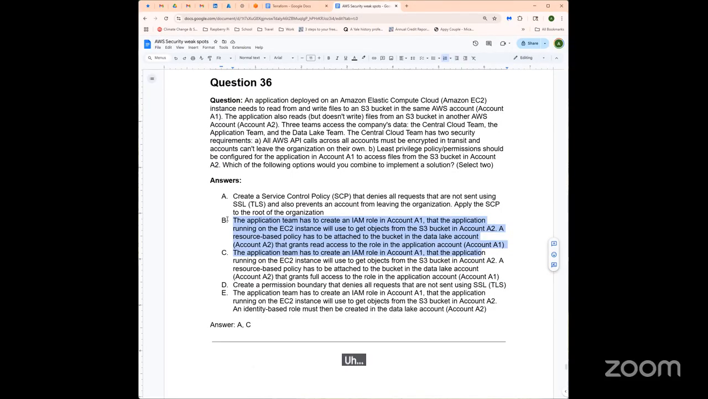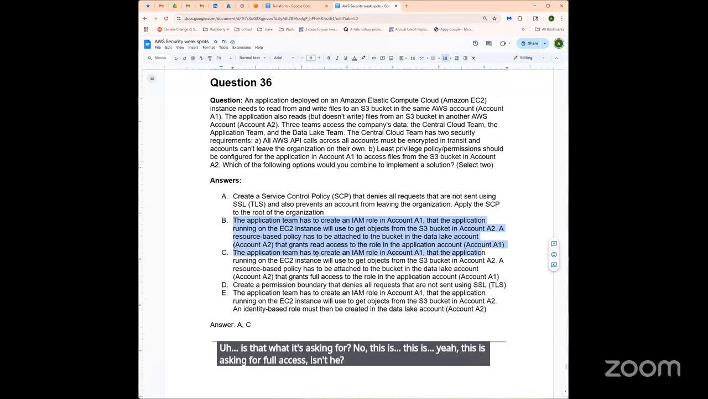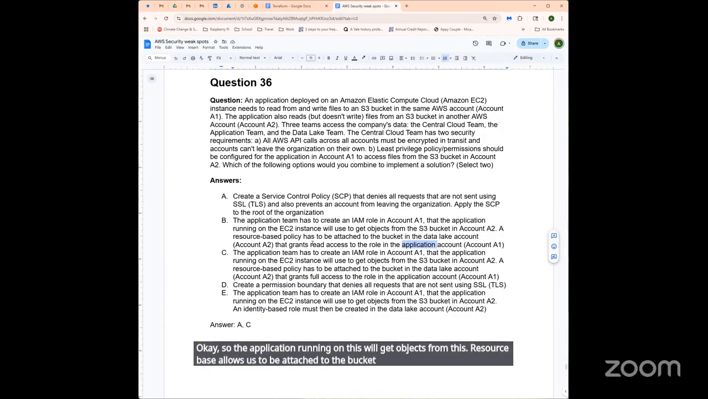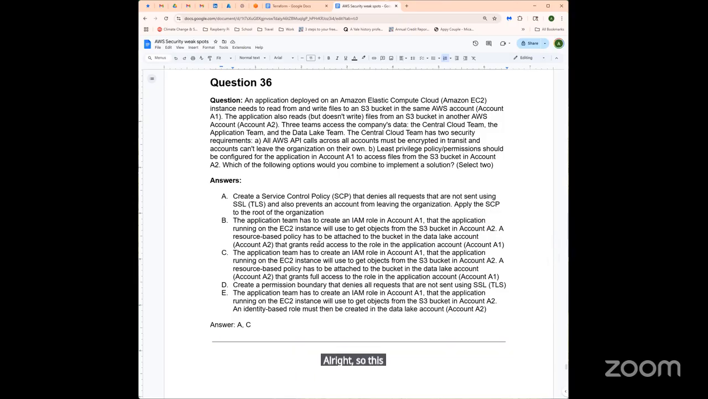Is that what it's asking for? No, this is asking for full access, isn't it? Yeah, this is asking for full access almost, right? Okay, so the application running on this will get objects from this. Resource-based always has to be attached to the bucket in the data lake that grants this. All right, so this is basically,